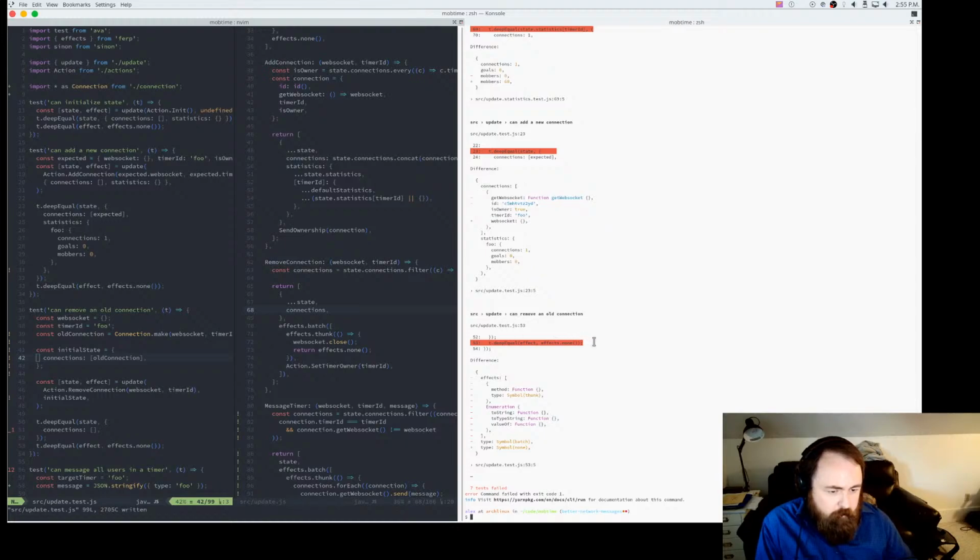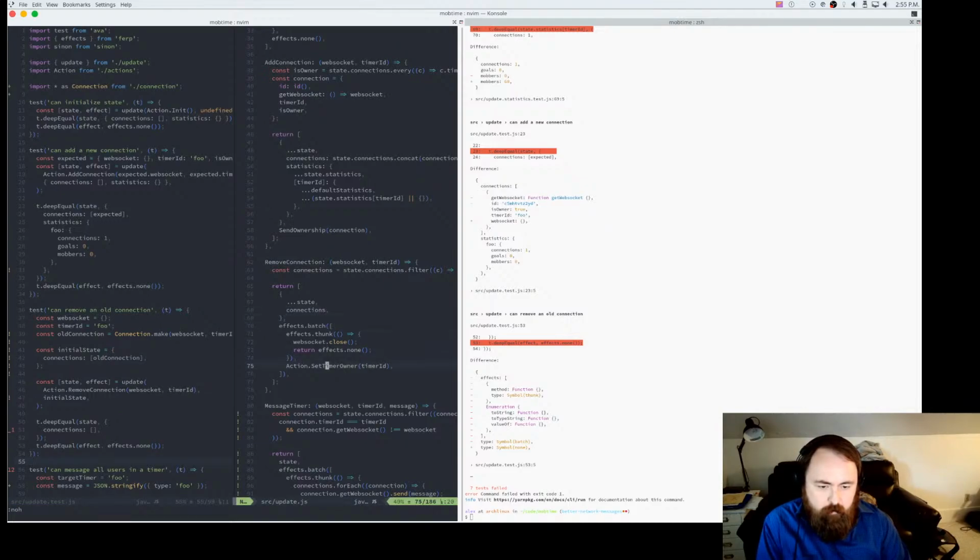Alright, now removing an old connection. So initially we were saying that this wouldn't produce any side effects. But looking over here, it actually does a couple things. It closes the WebSocket, or ensures that it gets closed. It also sets the timer owner, if available.